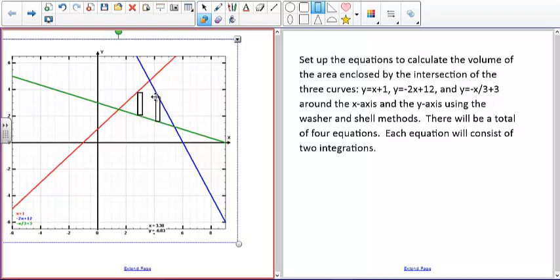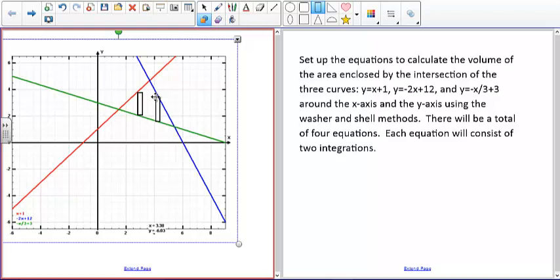So when we rotate around the x-axis, we're going to create washers. So around this axis, you'll see the washer. And you'll notice that the top of the rectangle changes between the two that I show. For part of the stacking of the washers, the red curve is the top curve. But for the other part, it's the blue curve that's the top. But the green curve remains the bottom of the rectangle for the entire interval,